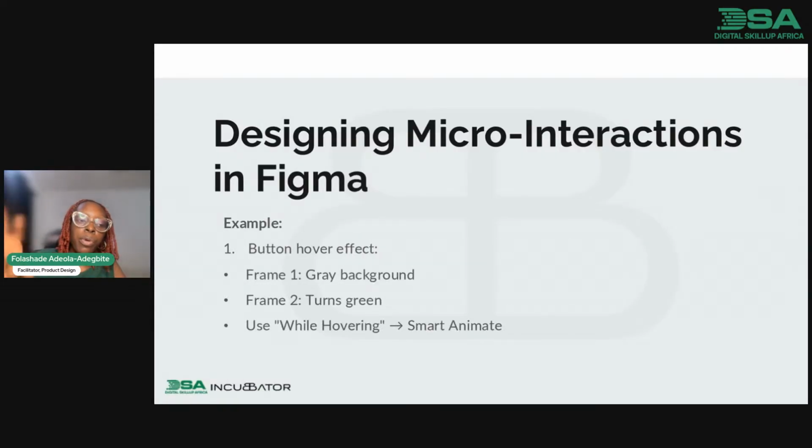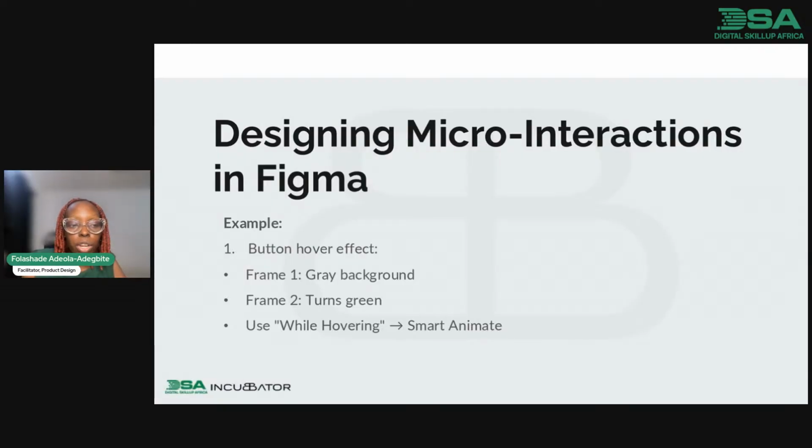Example, the button hover effect. I don't know if you have used a button before, and when you hover on it, it shows you another color. So let's say, for instance, your button is gray, then when you hover, maybe it now shows green.